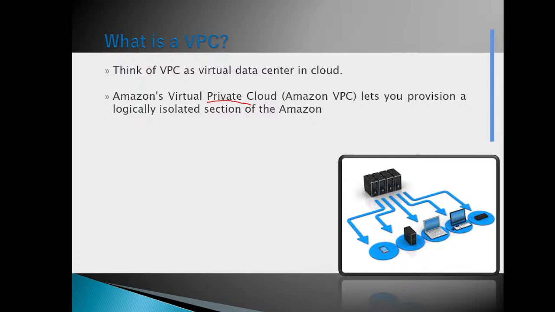No one can access except those who have the authority to access that network. Agree. That is one of the properties of private. So a virtual private cloud lets you provision a logically isolated section of your